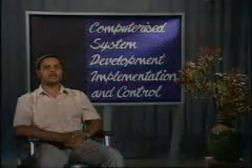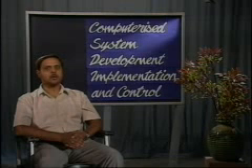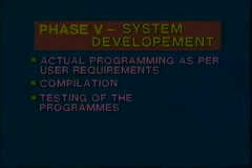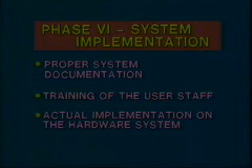The next phase of system development involves actual programming as per user requirements, compilation, and testing of the programs. The sixth phase of system implementation involves proper system documentation, training of the user staff, and actual implementation on the